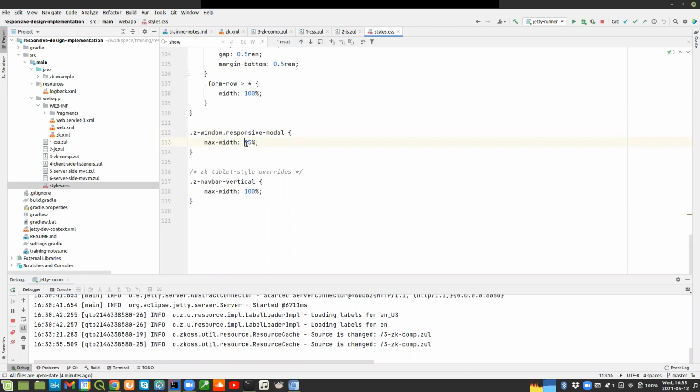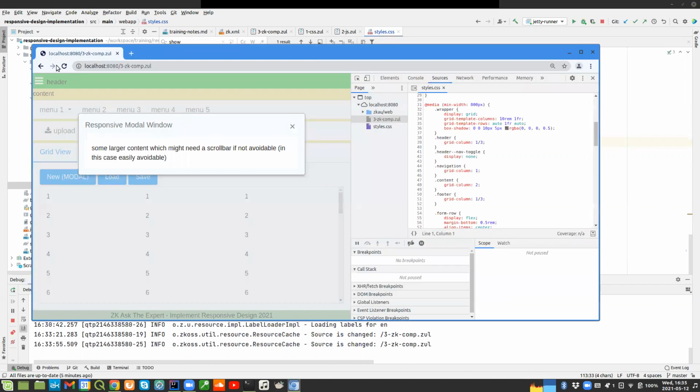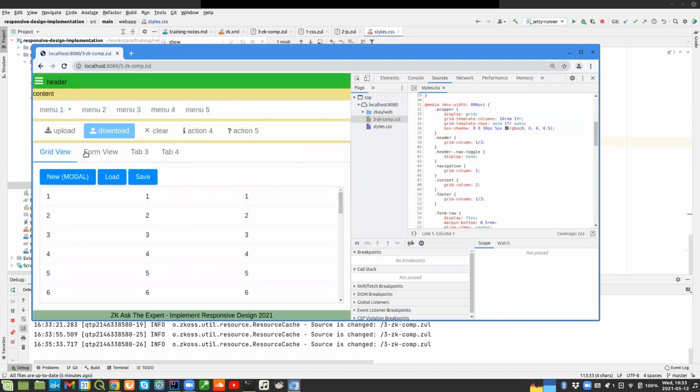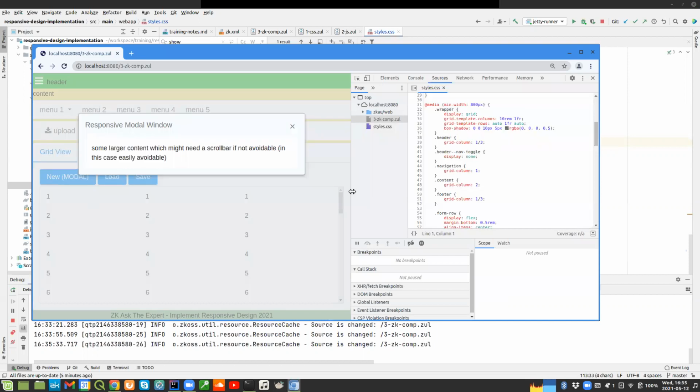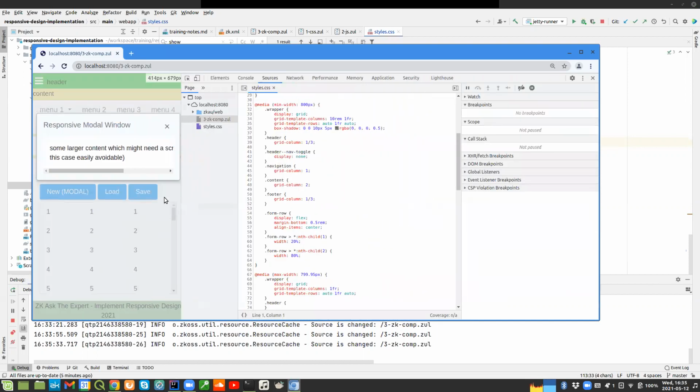So it's never getting larger than the full screen. I could have put it to 100%, then I don't have a few margins. Can use other CSS, could use calc. I'll say 100 view width, for example, minus 20 pixels. And then we take 100% and leave 10 pixels left and right of the modal window. But also it never grows larger than necessary, but if it's shrinking down, it